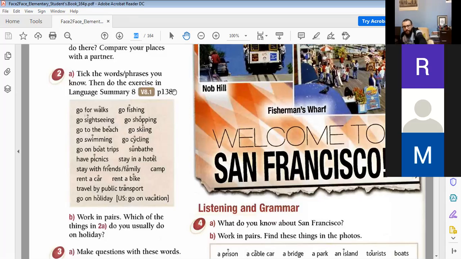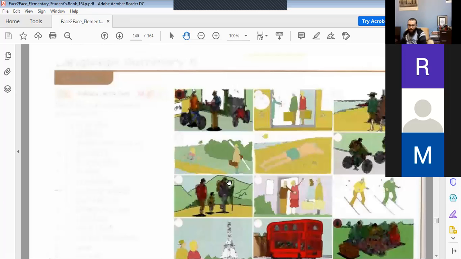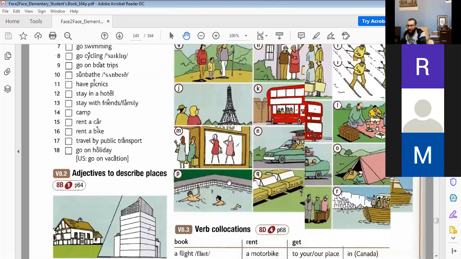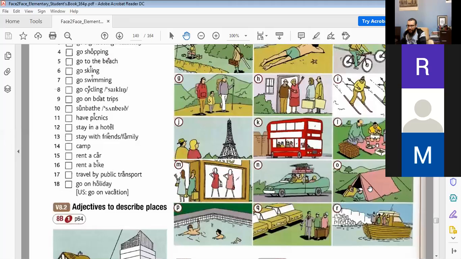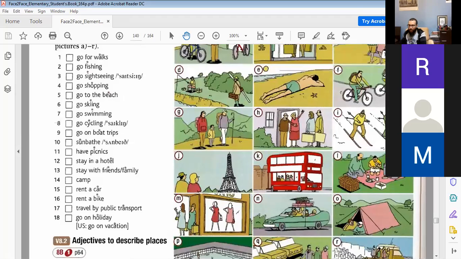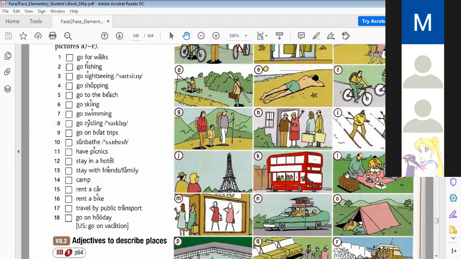So picnic is when you have some food with your family and you go to a park and you have this food together. Can you see this photo, Rani? Yes, teacher. What is this? What's happening here? Okay, there's a little war, I think, in your house, Rani. So picnic is